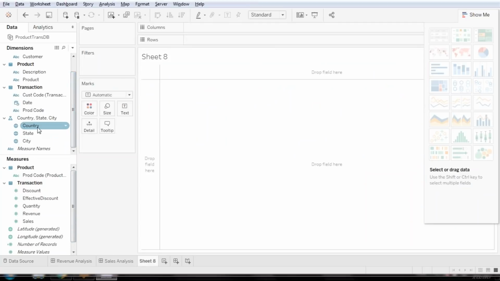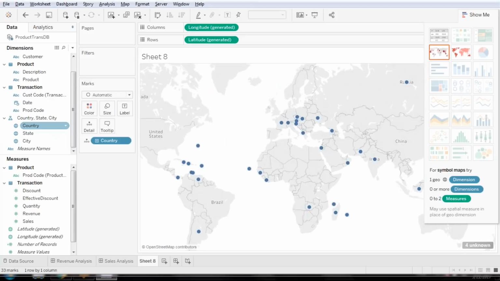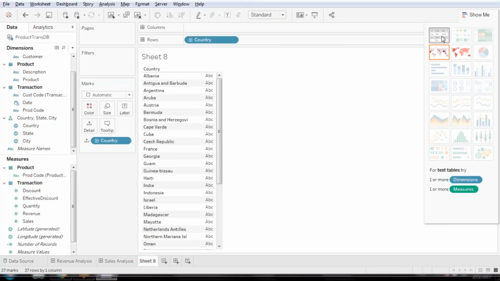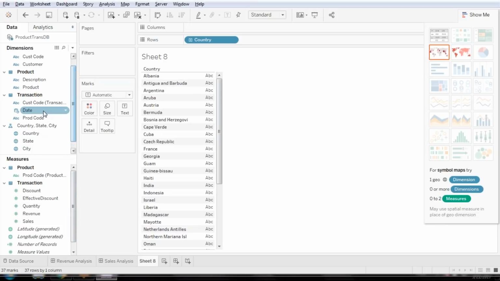I will add here a list of countries. If I just remove this longitude and latitude, I'll have only country names like this. The different countries, and based on the countries, how many customers are there from different countries who gave me the revenue. Country wise customers and revenue. So let me add another data quickly also, so that it should not be boring to play with this data only. Let me add this